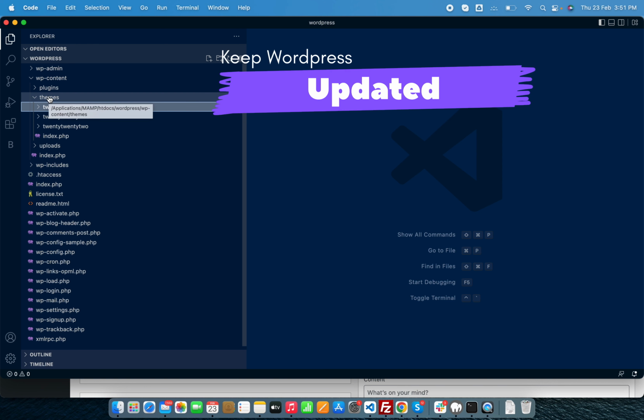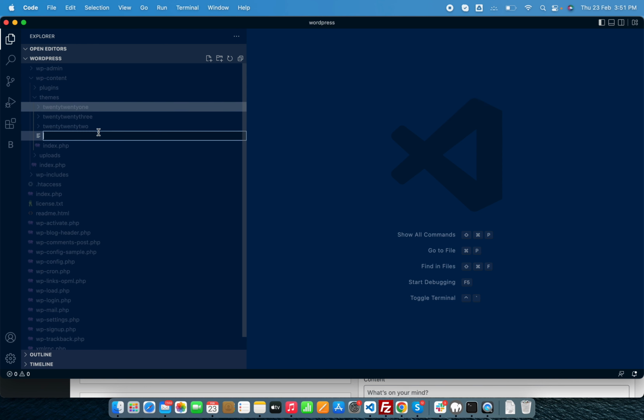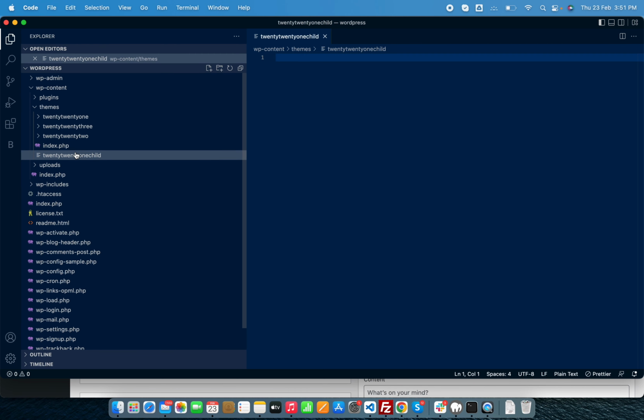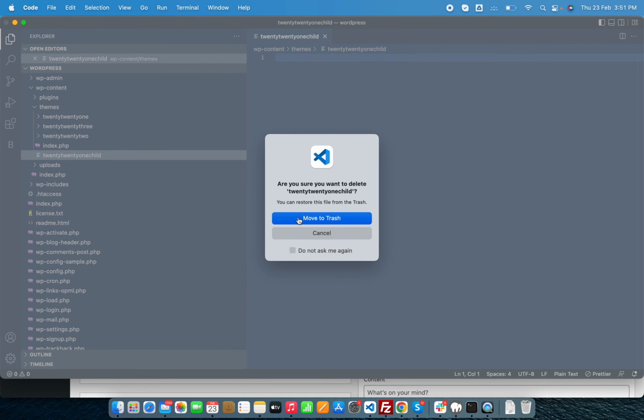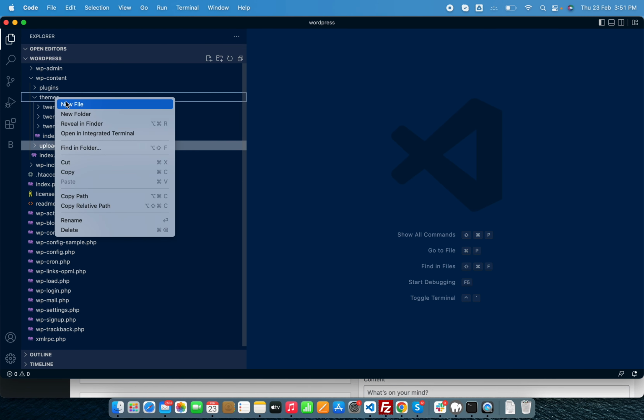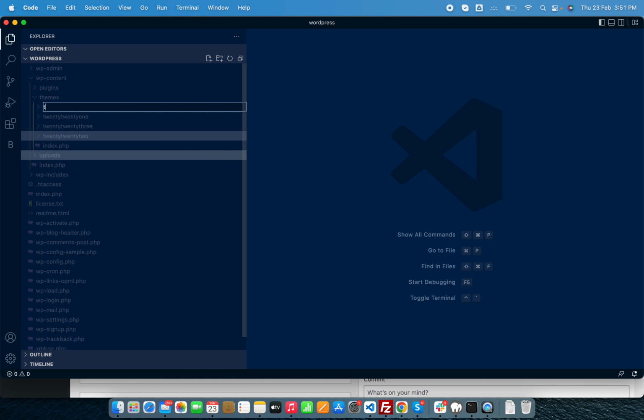So I need to create a folder inside the themes folder. I'm creating one folder whose name is 2021 child.